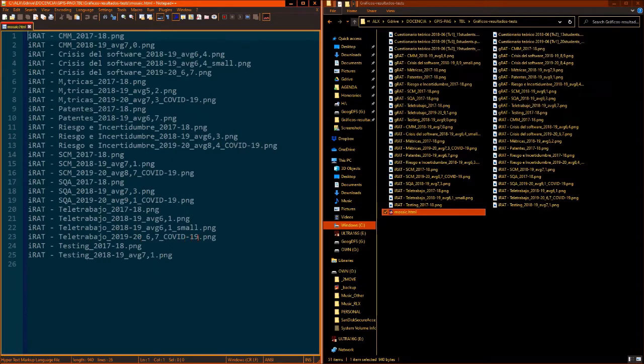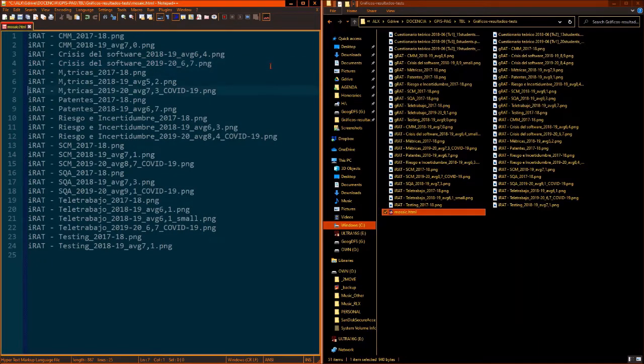Fine. So now, first of all, there are some images which are repeated, but in different sizes. You see here that I have two images. These are the same, but the second one that says small is a smaller version of the other image. So I'm going to eliminate all the small ones, which are just a couple of them which are repeated, because I don't want them. Okay, so far so good.